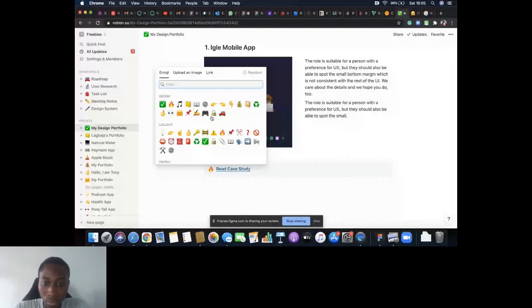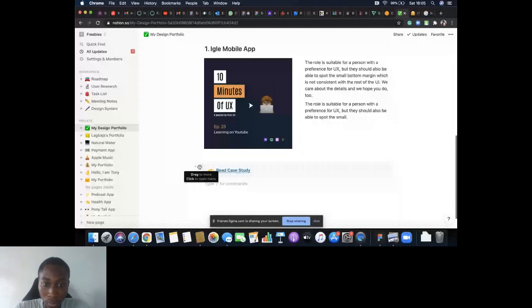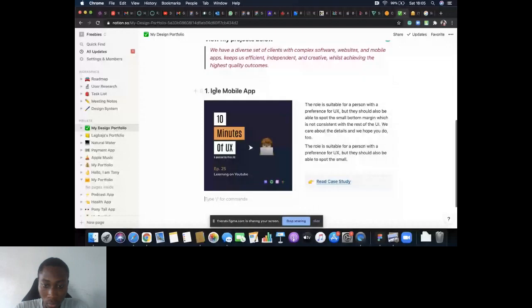Okay, I'm going to go to this part. So the design is well balanced. Eagle mobile app, a little content about Eagle mobile app, and a button here. Is it possible for me to give somebody access to do the next one?